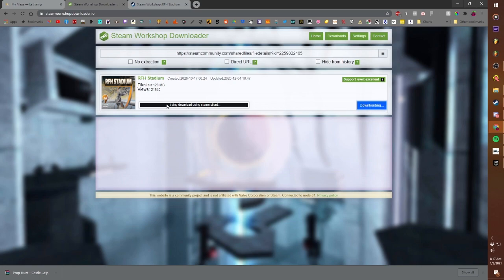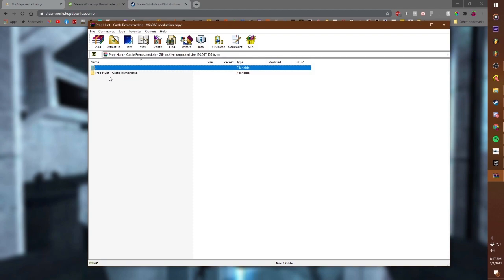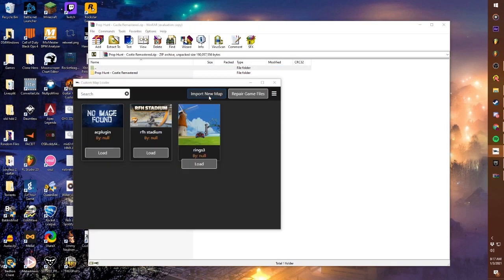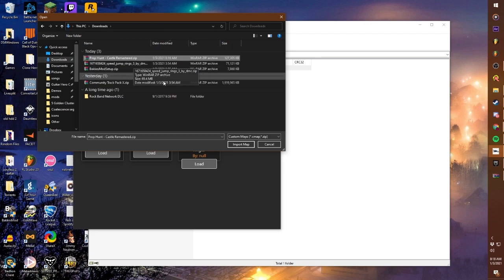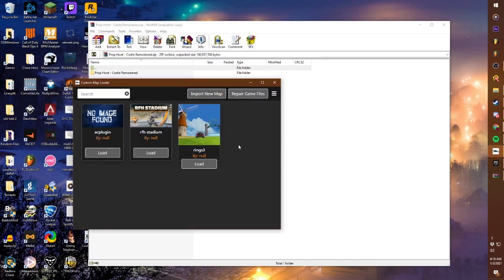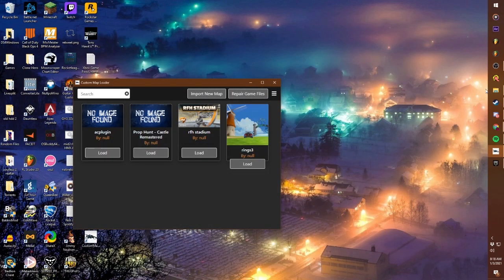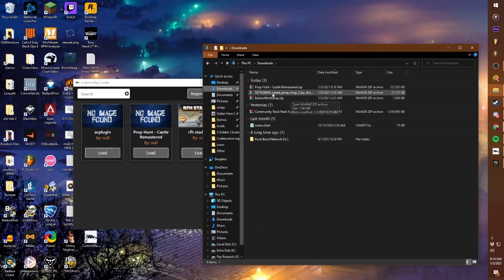It'll be downloading. Once you open this up, there's a way you're supposed to be able to do this where you can just come in here, import new map. If I were to do that, go to my downloads and select this, import map, it's going to import as it should. The thing is, that works with Lethamyr's maps, where you can just go to downloads and import it that way. However, with these maps right here,